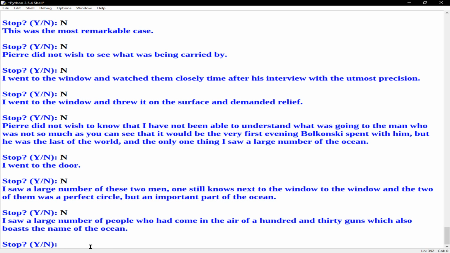I saw a large number of people who had come in the air of 130 guns, which also boasts the name of the ocean. Or boasts the name of the ocean. So, if you ever want to know what the name of this feeling, of the ocean, of the thing you need to give it respect to, and everything else,